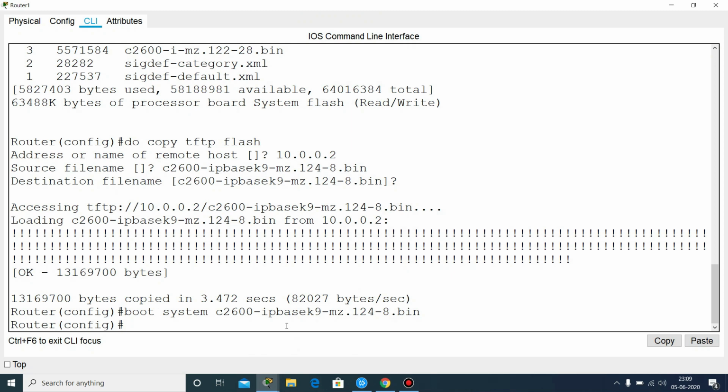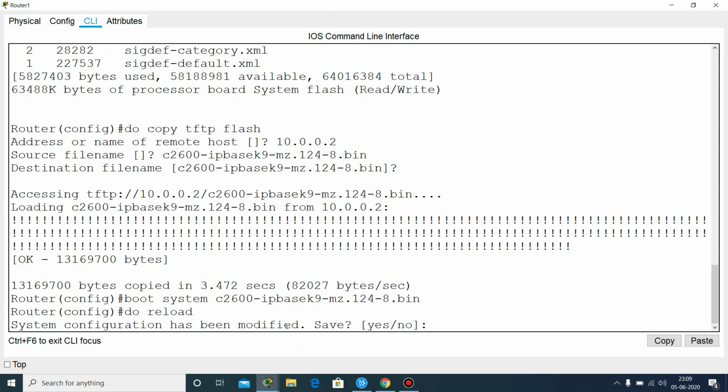Now if you want to see from which OS your router is booting, then you will simply write a command, that is reload. But if you write the command reload in configuration mode, then you need to write do before reload. If you write similar command in privilege mode, then you can simply write reload and hit enter.